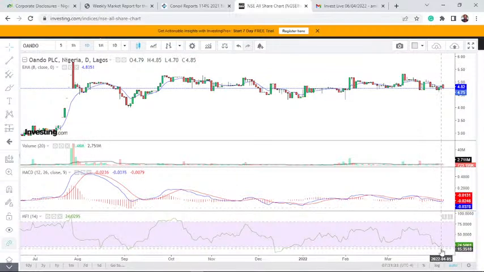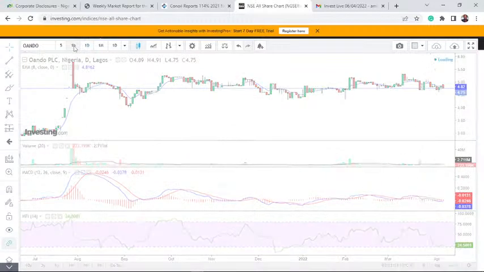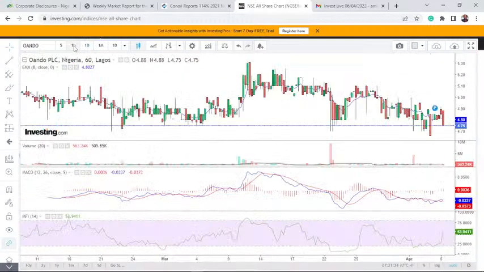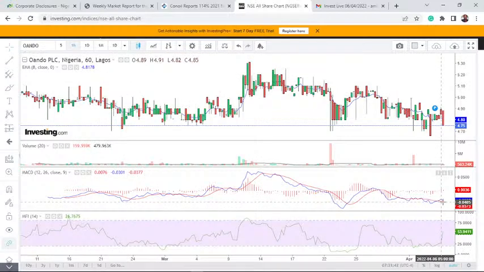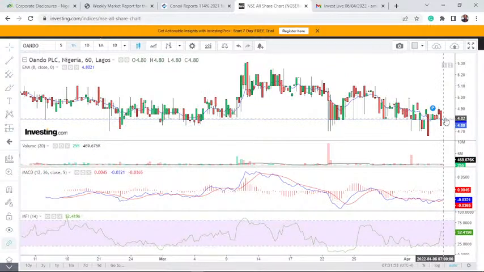But if you look at Owando here, the morning flow is trying to turn up. We're also seeing mixed technicals for Owando on a day chart, but the 1 hour chart will give us a clearer picture of where Owando is. Owando is still having mixed technicals as we speak, because MACD is trying to look down. Money flow is looking up sharply. Also, we are seeing a pullback in terms of price action, and price is below the T line.